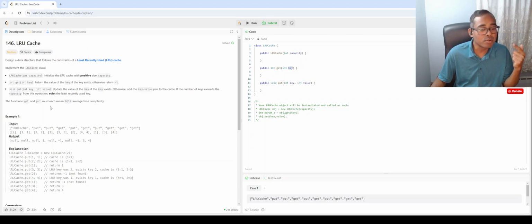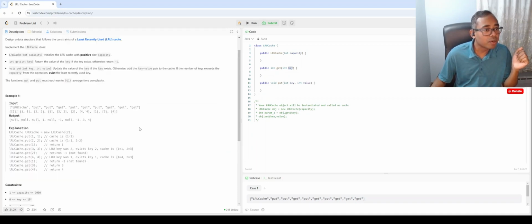That means you cannot look through your data structure to get an element, to delete it, or to move it from one place to another. So if we look at the example here, we can go through it to understand how it should work. So we need a list. So cache, say we use a linked list here for cache, a queue, and we use a hash map here